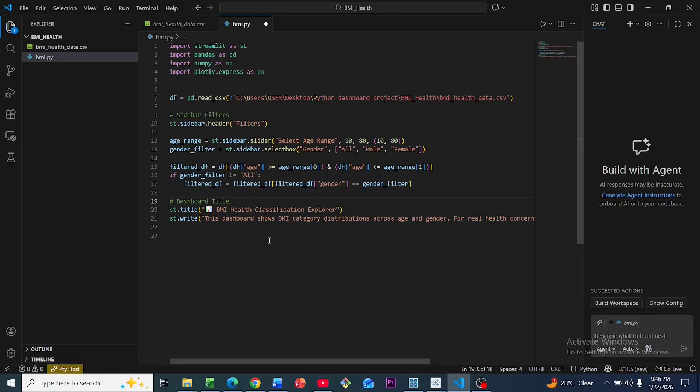We want to give our dashboard a name, so we'll be using the st.title to name our dashboard, and we'll be calling it our BMI Health Classification Explorer. So it's technically a dashboard you can use for exploring and checking the BMI based on an individual's height and weight. All right, and we just go ahead and write this short text that says: this dashboard shows BMI category distributions across age and gender for real health concern. Okay,